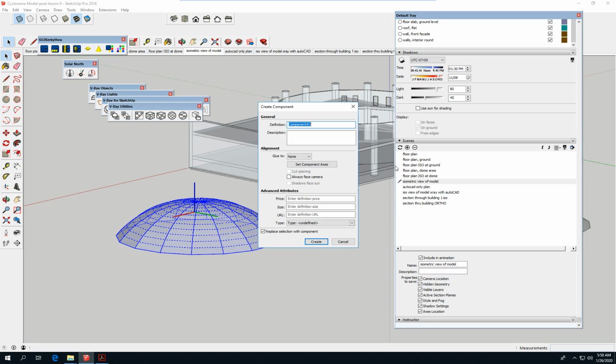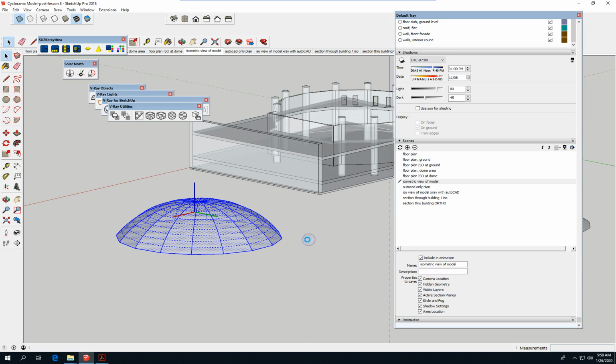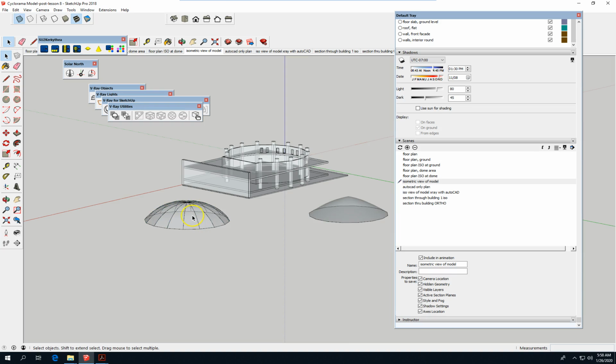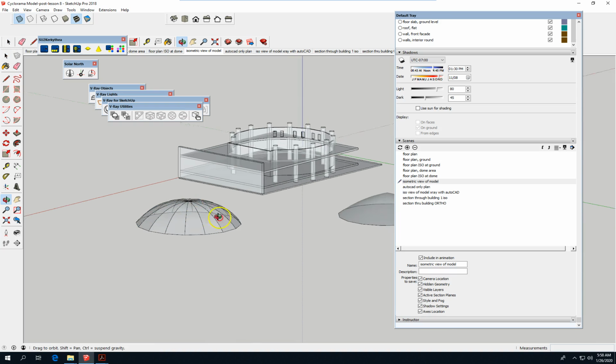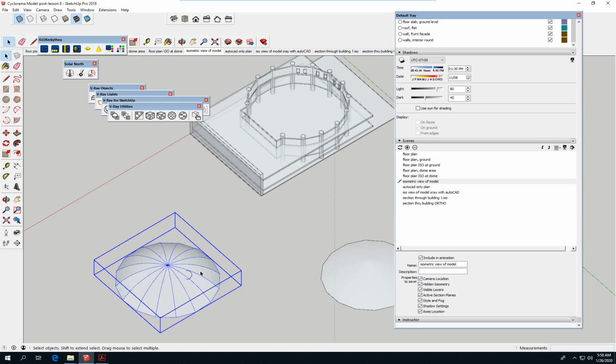We could have made it a group. Ribbed roof, dome, right? And then we can place it